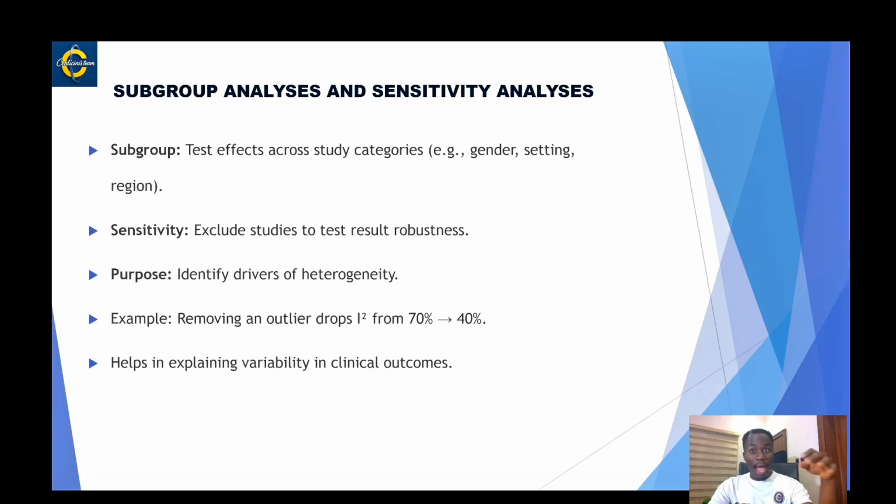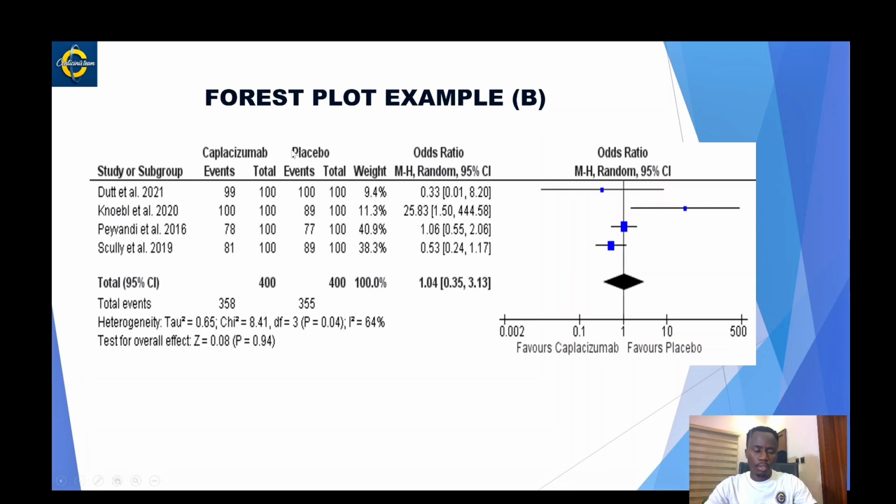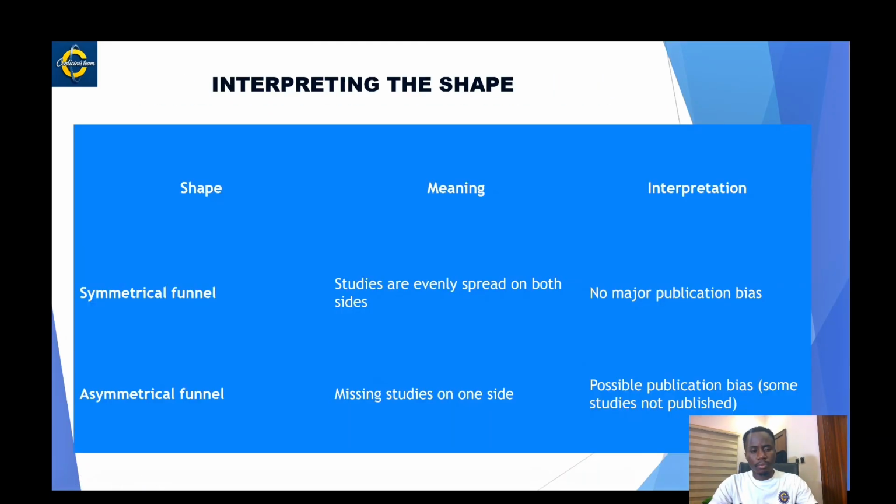And then for sensitivity analysis, sometimes you could pull up your evidence. Let's say, for example, this. And then at the end of the day, you look at it and think, I want to remove this larger study with the highest weight. Let me remove it. You remove it, and maybe remove this other one, 2020. Then you run a subgroup analysis based on a certain terminology that you have, and that's it. So essentially,